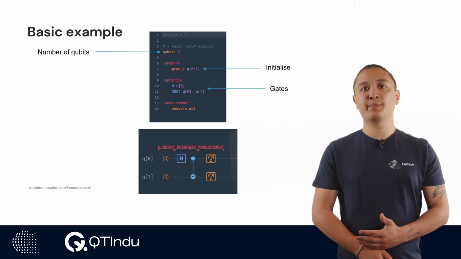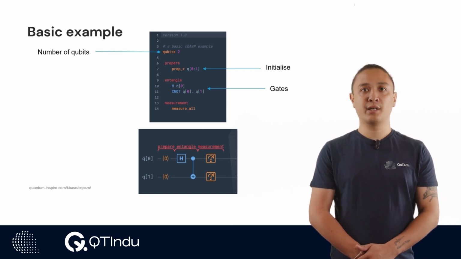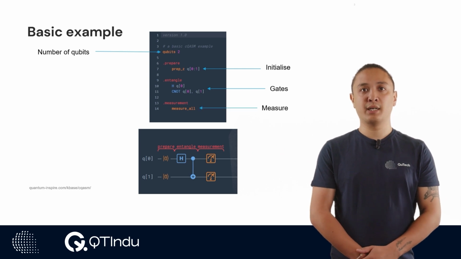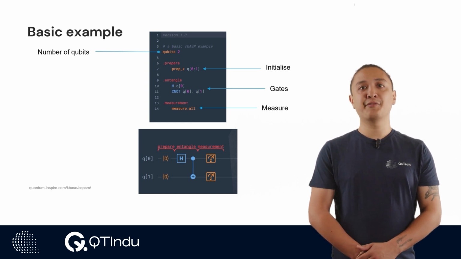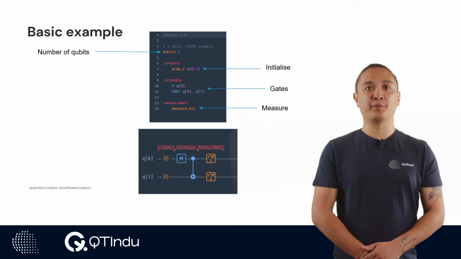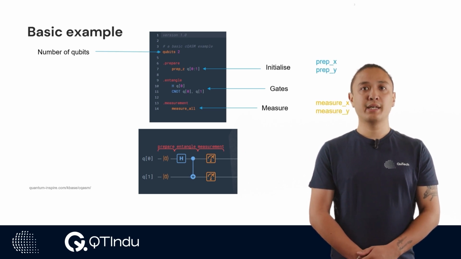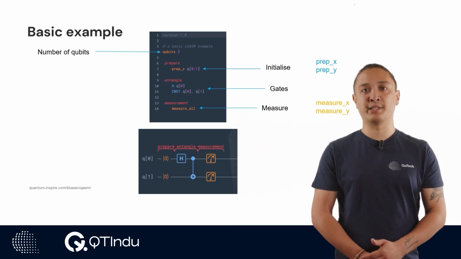Next, we specify the quantum gates that compose our circuit. In lines 10 and 11, we can see examples of a Hadamard and a C0 gate. We specify the qubits that they act on in the square brackets. Then, we finalize the circuit with a measurement. In line 14, we use the measureAll function to specify that all qubits must be measured. After a measurement, a binary register will be created that contains the outcome of the measurement. In this circuit, we use the measureAll function to measure all of the qubits in the Z basis.